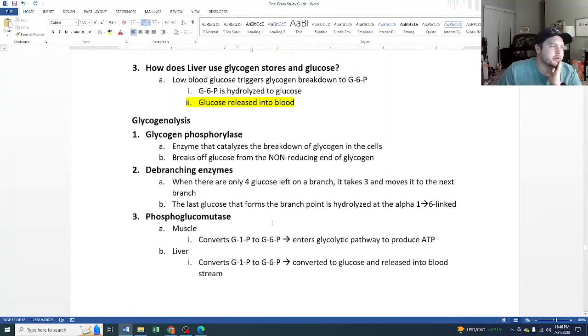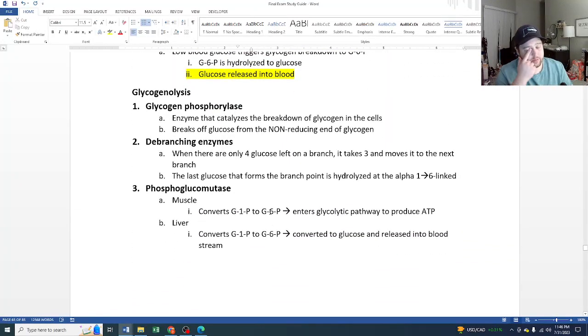Shifting back to glycogenolysis, about breaking it down. Our different enzymes, we have glycogen phosphorylase. This is going to break down the glycogen in the cells. It's going to break off glucose from the non-reducing end of the glycogen. So it travels along and it just snips them off, snip, snip, snip, one at a time from